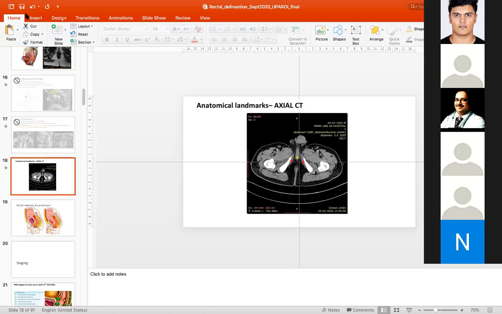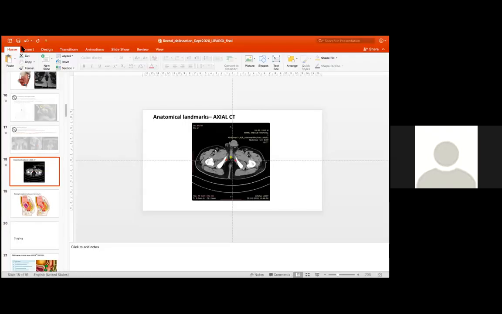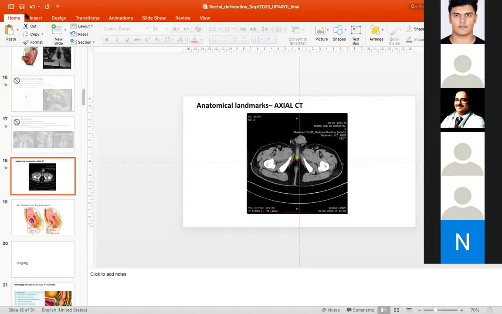Ma'am, another question: adjuvant RT guidelines and prescription. Somebody is asking, is there any guideline that we can follow for this? Maybe not really. I have not come across that. More or less, for adjuvant, I think you will have to superimpose with your pre-treatment scans, find out your tumor bed, and try to treat at least the mesorectum and the nodal areas if they were involved. But I am sorry, I won't be able to help you with a guideline per se.